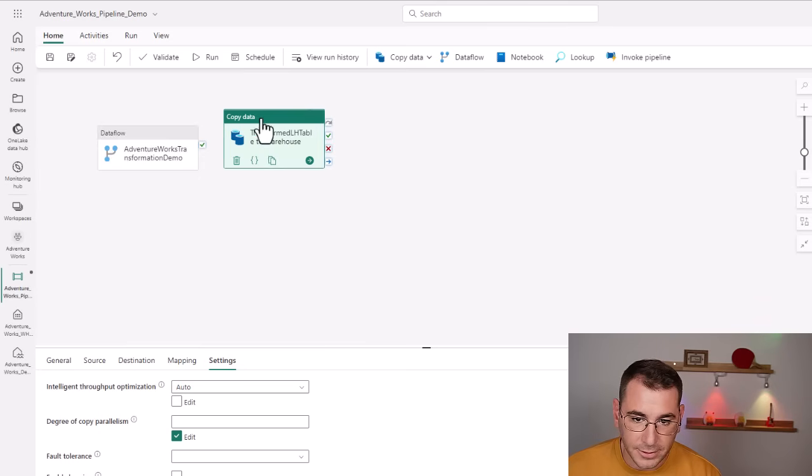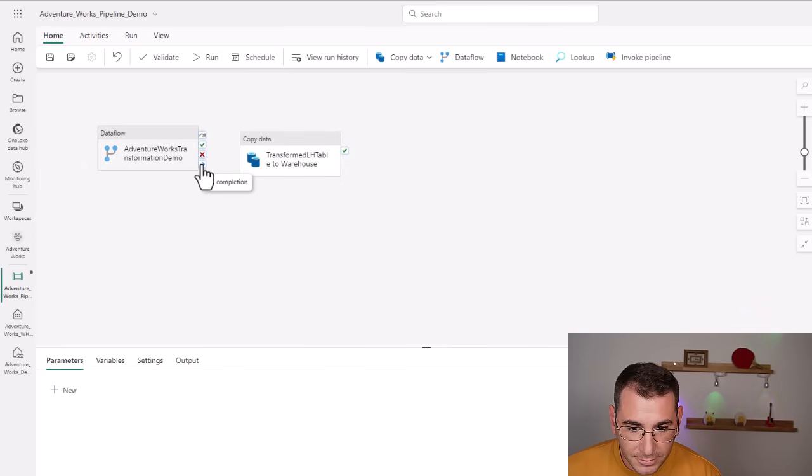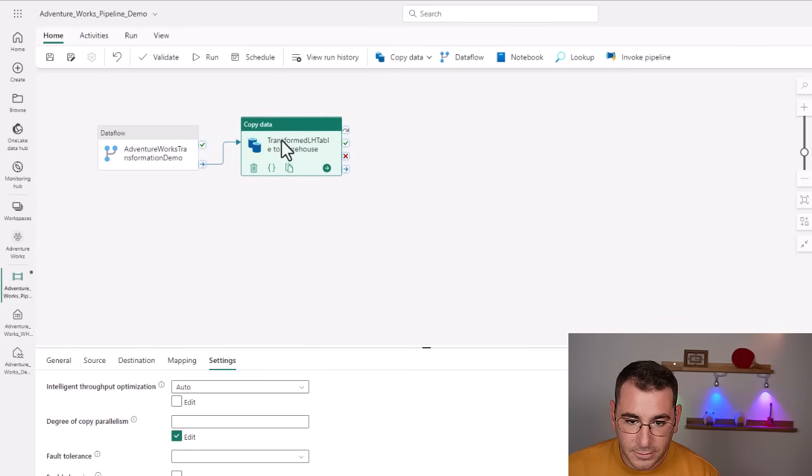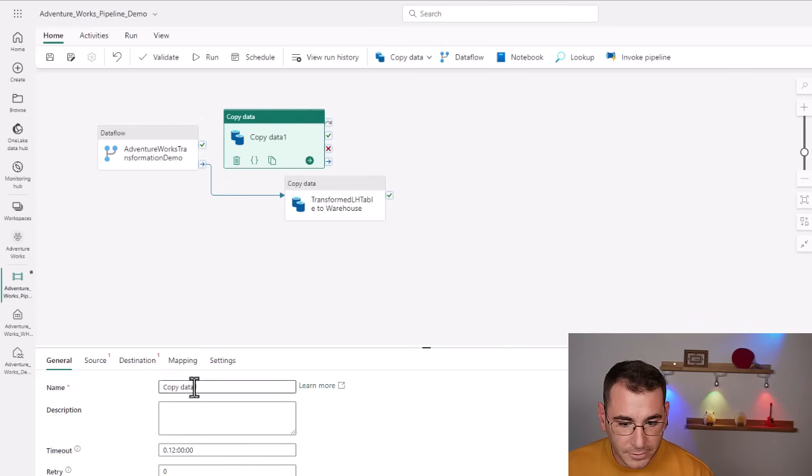Because this is necessary. So let's already say that on completion of the data flow, let's copy this data. Okay, now it's going to copy this data, but let's not stop there. Let's keep going. Let's finish this whole thing. Let's click add to canvas, and the next step is create Parquet